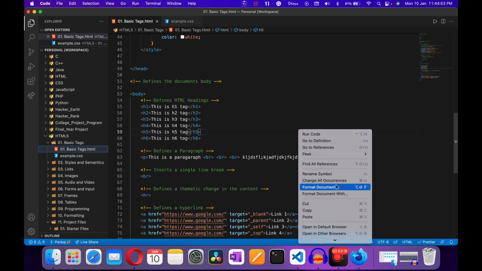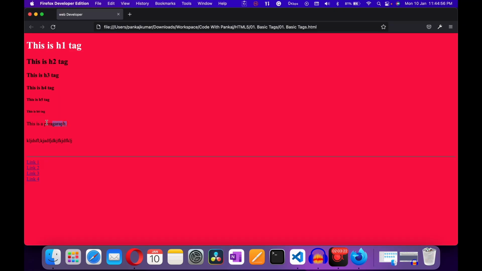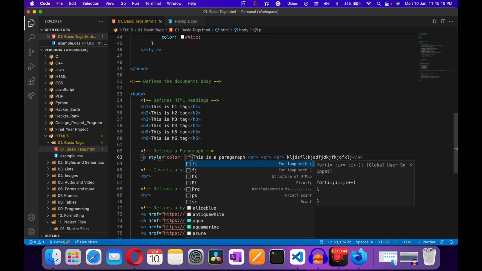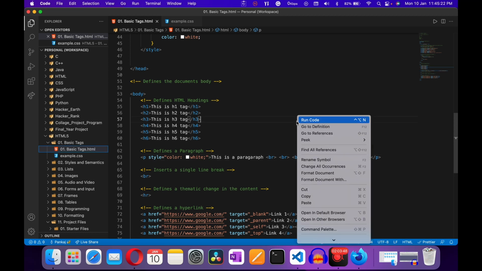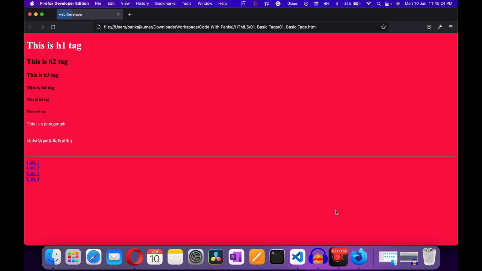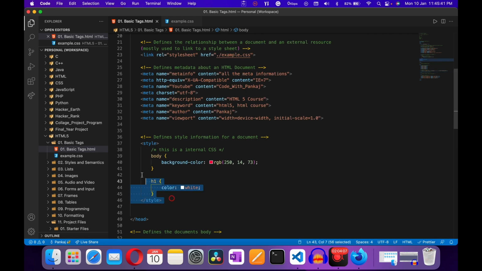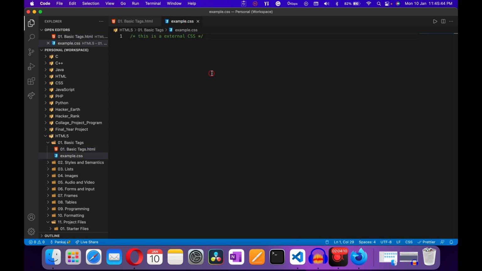this is a paragraph. I'm just showing it here in the browser. So this is a paragraph, color is black. If I want to change this color to white, I go back to my code and write here style, color equals white. So right click and open in default browser. So guys, here you can see the color of this paragraph is changed to white. So now go back to your code, and here you can see this is the inline CSS and this is the internal CSS, and guys, this is the external CSS.